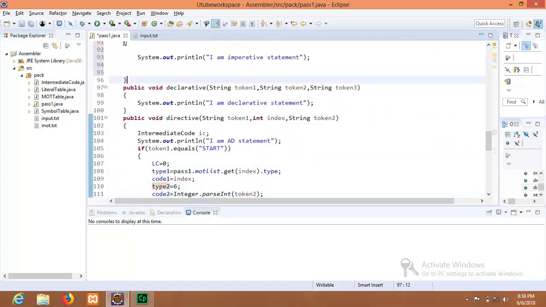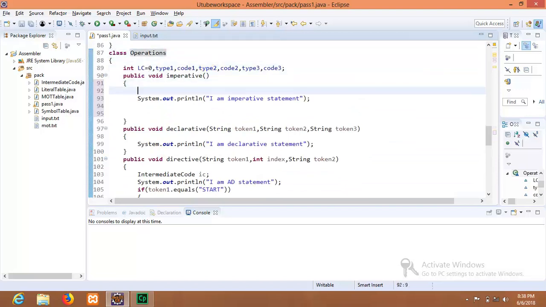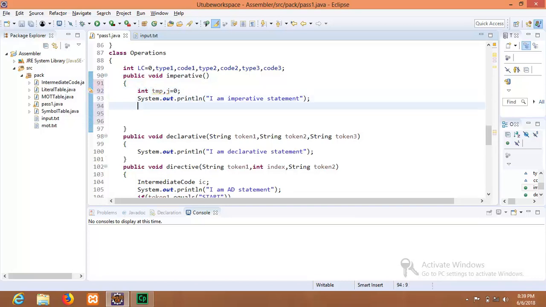Okay, now first of all we need certain variable, let's say integer, temporary variable. Also we need some iterator to iterate between the tokens that we have for particular statement. Let's say j is equal to 0. Next,